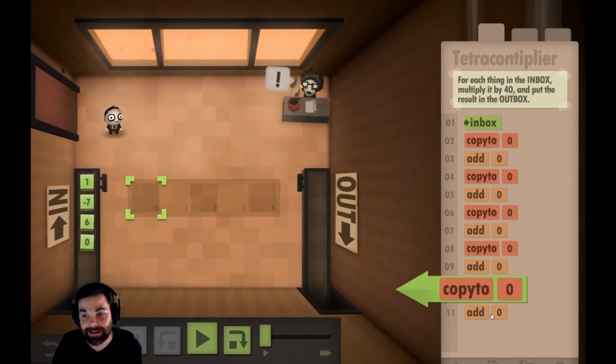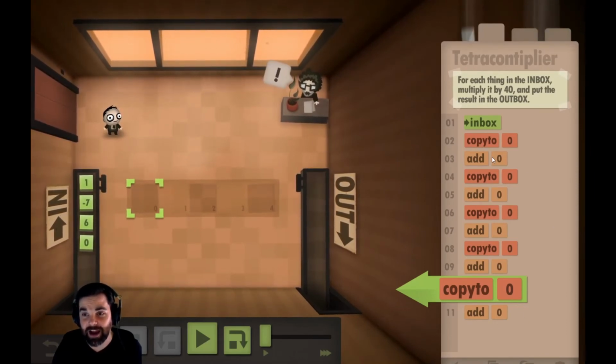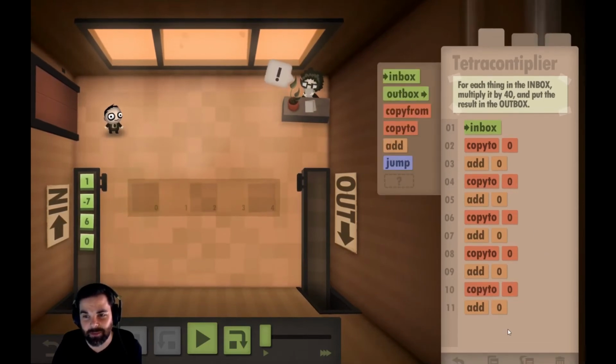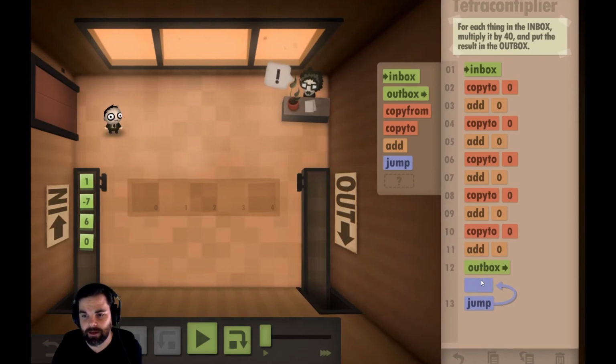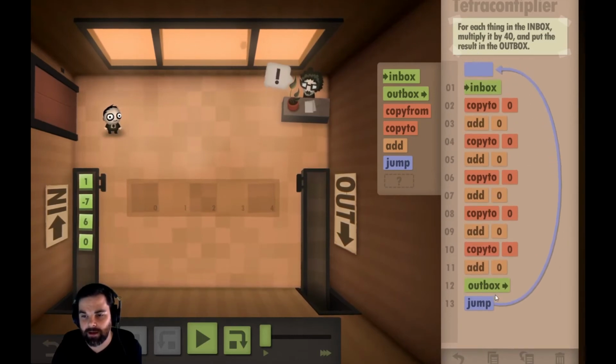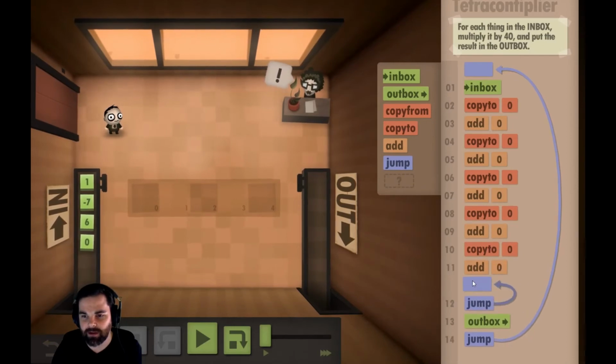What we really need is another 8 in here. So we need to be able to do 8, and then after we've done 8, let's see, we might have to do multiple jumps. First off, if we did this, that's going to be 32. This isn't going to work. What we have is, we want to come back and do,